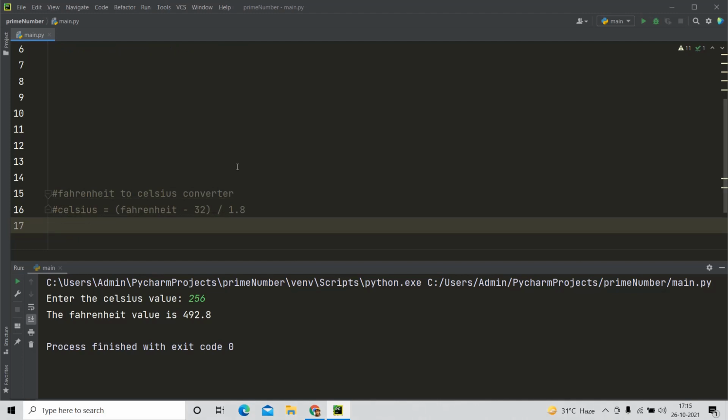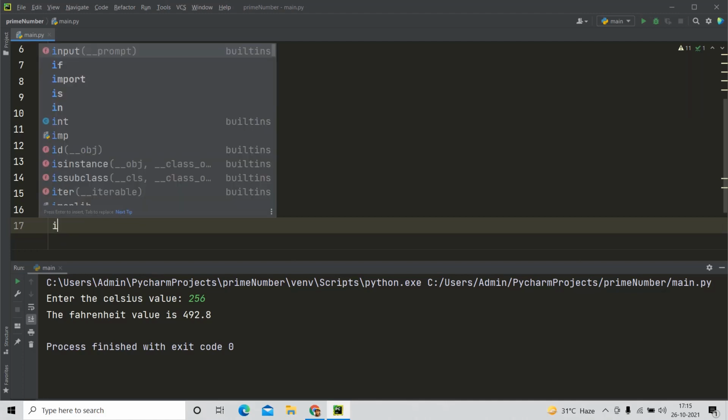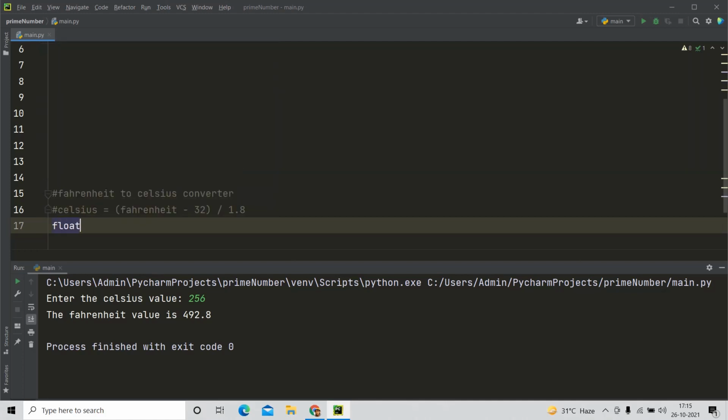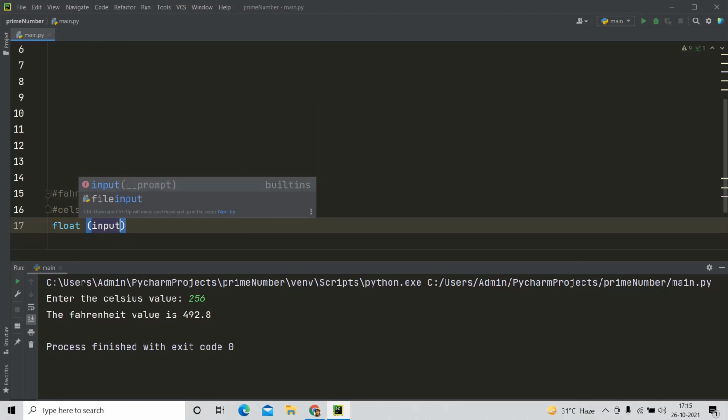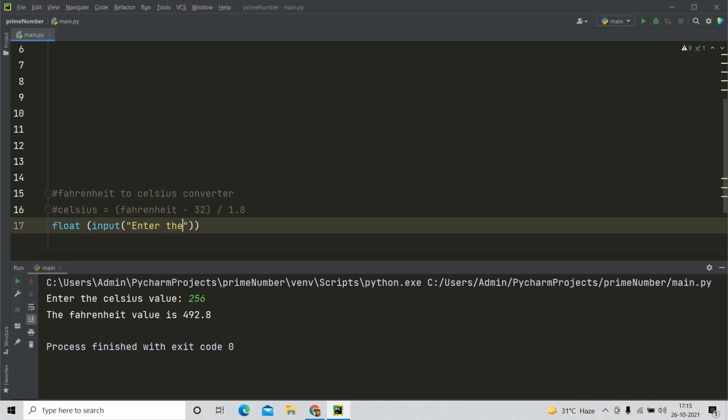So now we can try to convert Fahrenheit to Celsius. The same way, we are going to ask the user for the Fahrenheit value. It is going to be again a float input. Yes, we have asked the user.